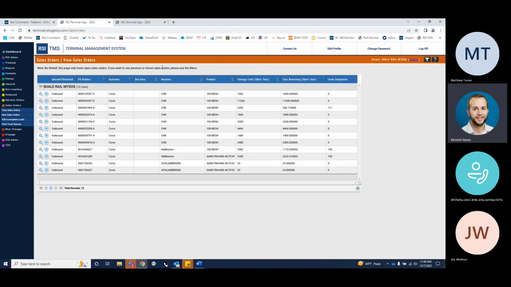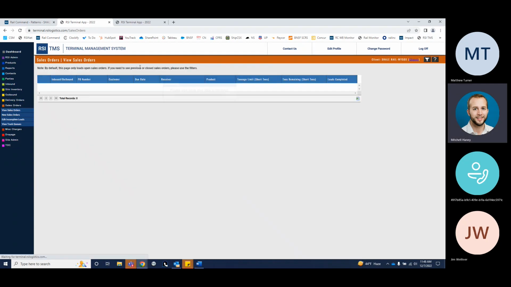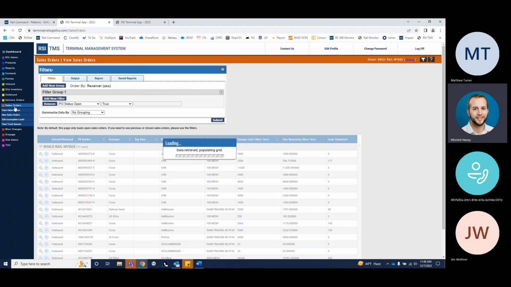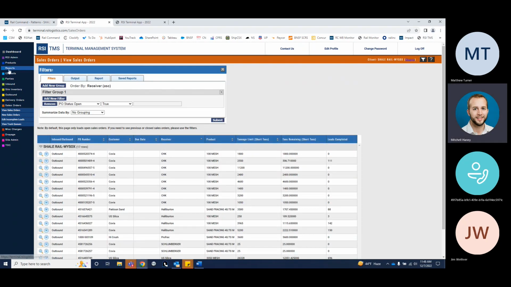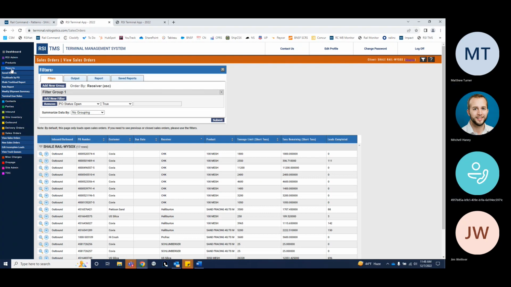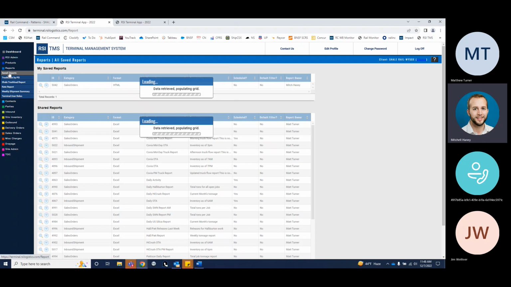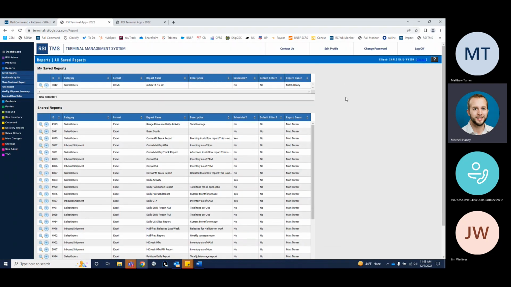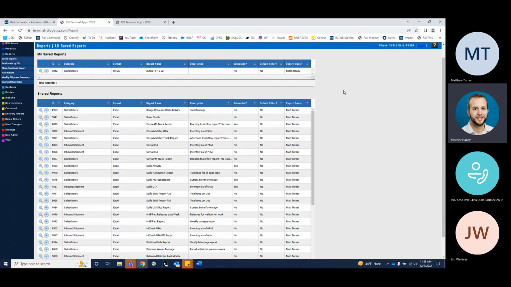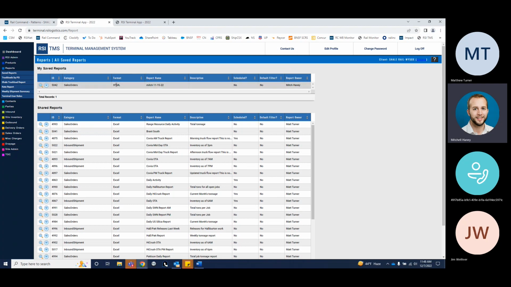So I'm going to exit out of that because I don't want to change anything there. Under reports, I'll go to saved reports, and this is going to be any reports that have been created. So my saved reports up here at the top is all the ones that don't have that global report box checked. So I've got one particular saved report that I've created that